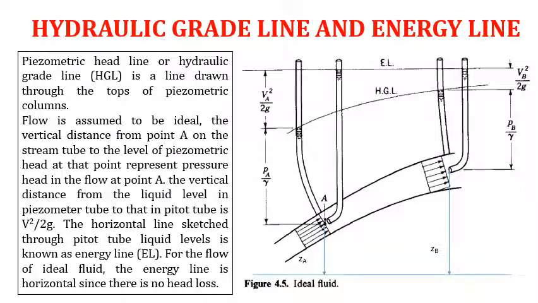And as you can also see, the hydraulic grade line represents the static head. So the difference of energy line and hydraulic grade line actually represents the velocity head. Now if you look at the figure, the shape of this hydraulic grade line is because as the diameter of pipe gradually increases, its velocity has gradually reduced. This is also evident since VA square over 2G is greater than VB square over 2G. So the shape of hydraulic grade line actually depends on the change in the diameter of the pipe.